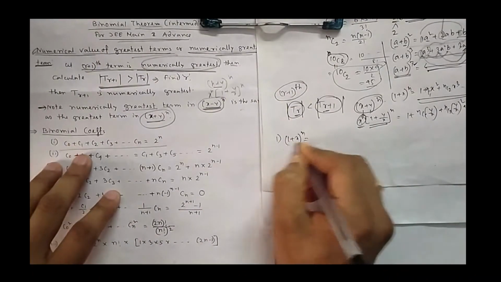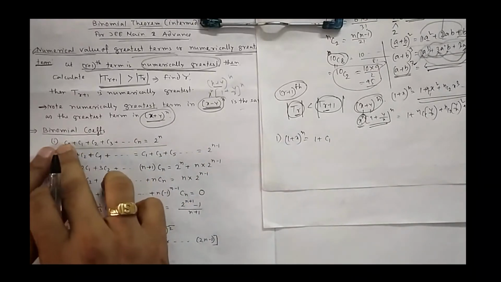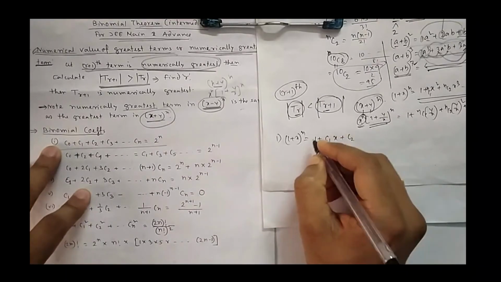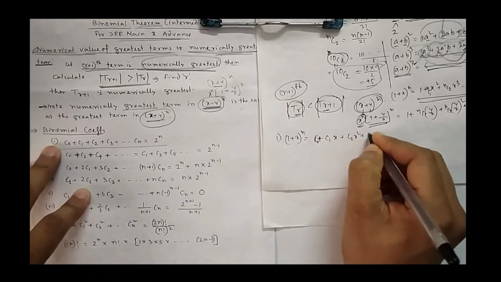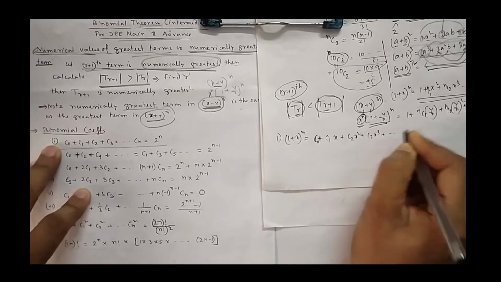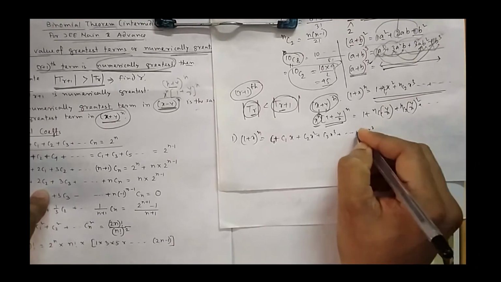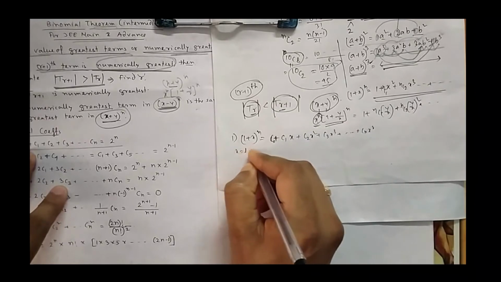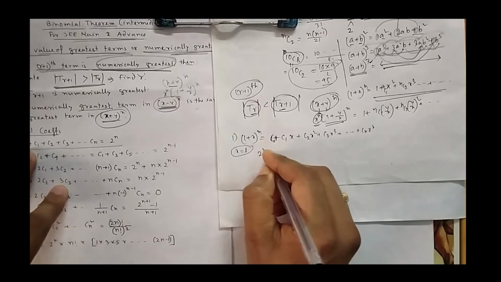Everything is coming from this expression, because this expression is, I am writing C0, C1 (n is already there, it is hidden), then C2 x square. You have seen this expression here only, I have expanded it. So it will go up to Cn x to the power n. Now if you put x equal to 1, because it is an identity, it is true for any value of x, this side is 2 to the power n.